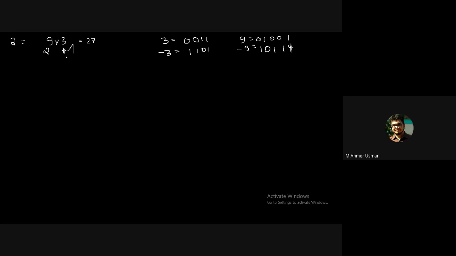The multiplier has 4 bits and the multiplicand has 5 bits. No issue, but somewhere there will be a mistake. For sure there will be a mistake. So what you need to do is add an extra bit over here. So 3 can be written as 0011, and if you add one more 0 it will still be 3. Is that clear? Similarly, if you want to write -3, what do you need to do? You need to add an extra 1 here.